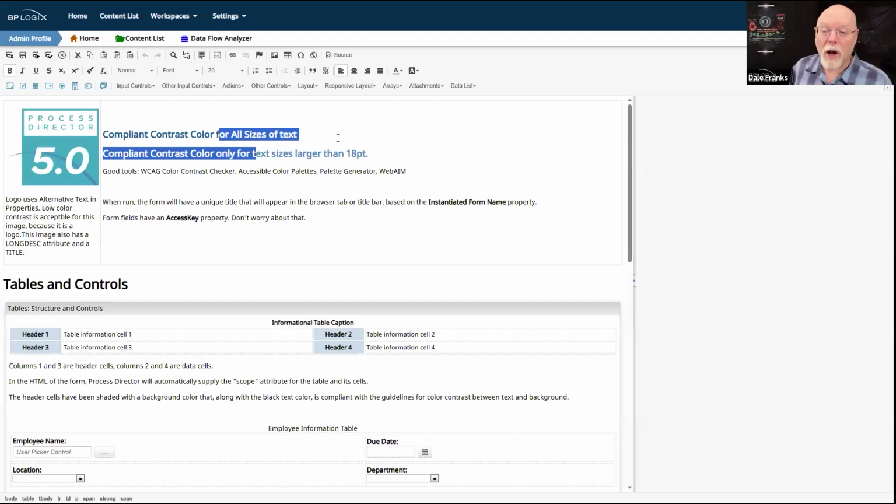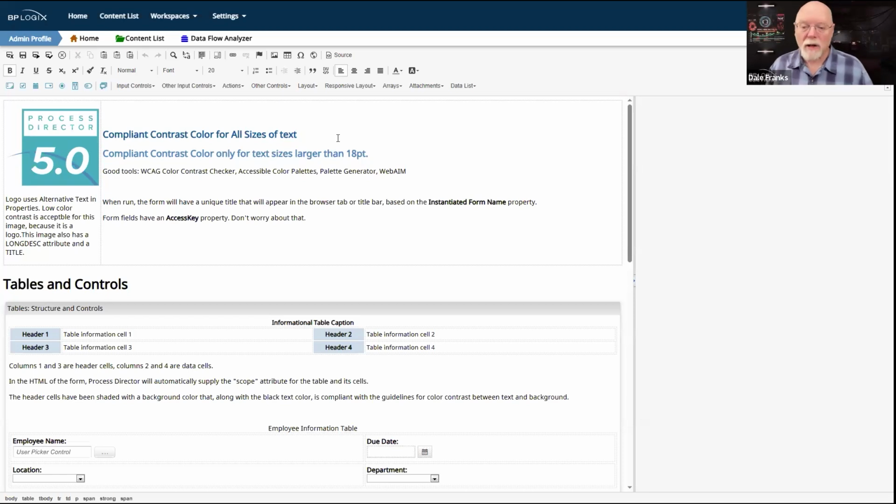All right, so let's go back to contrast. What we need for every object on the page, and especially for text, is an acceptable amount of contrast between the foreground and the background. And to be legally compliant, that level of contrast has to match the AA level of compliance with the WCAG standards.